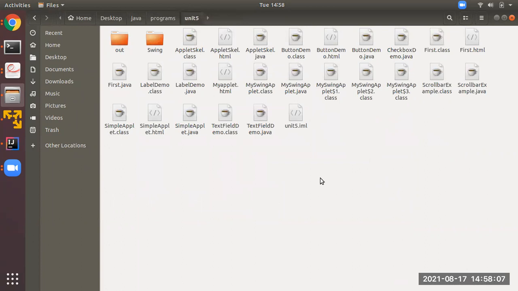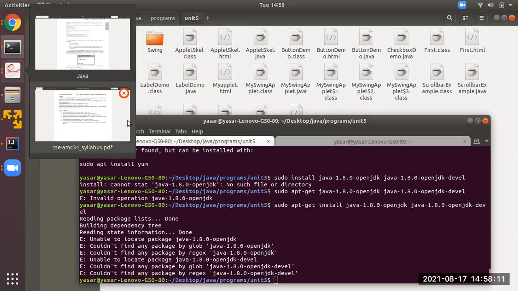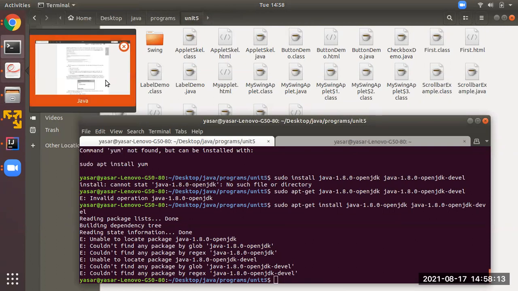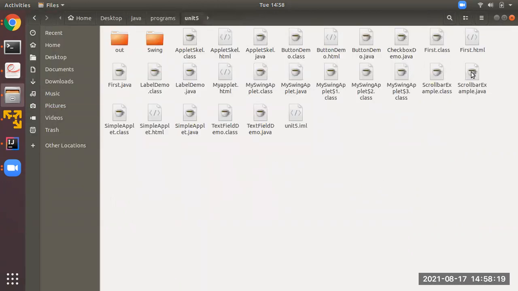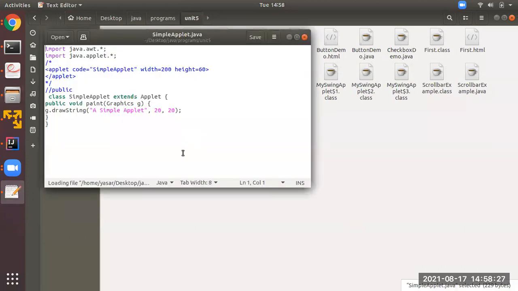What's the name of the program? SimpleApplet. Where did I save it? Here it is, SimpleApplet.java. Here I have saved it.